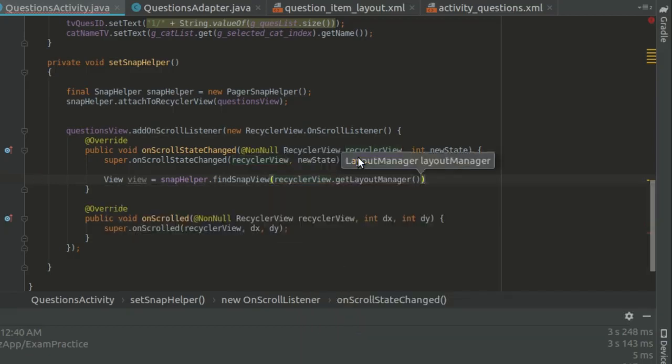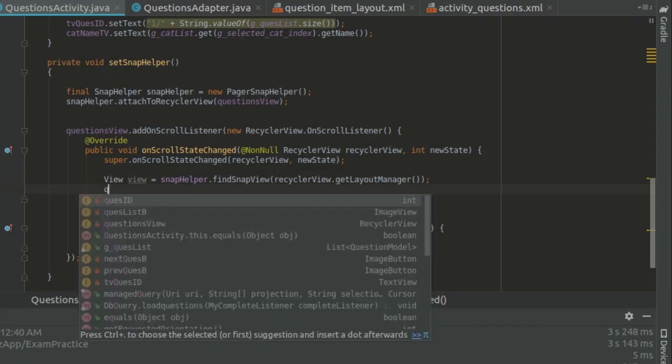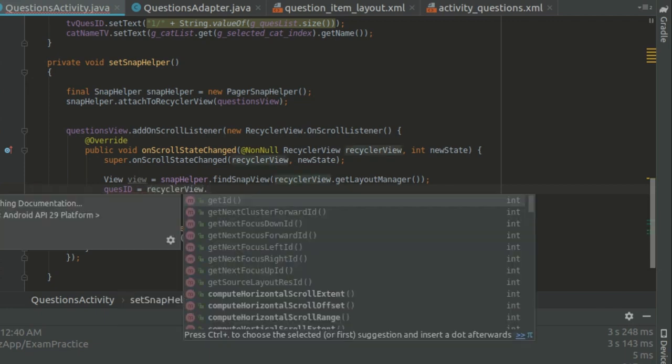Okay, so this way we can find the current view that is visible. Then we will get its position, and we will store this in the question ID. Question ID is equal to recycler view dot get layout manager,